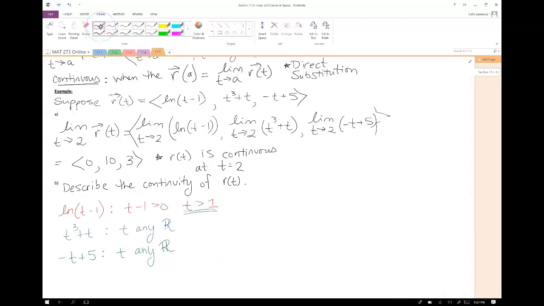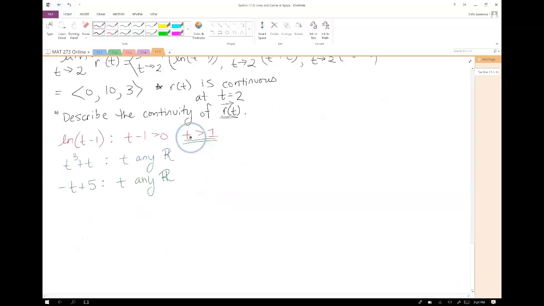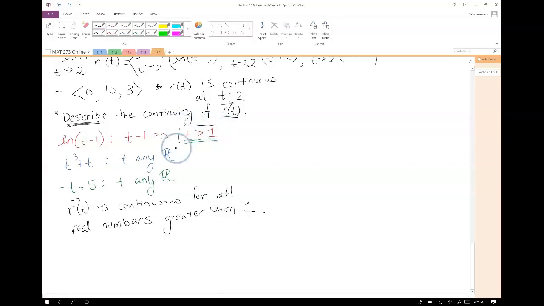And if we want to make sure that our vector valued function r of t is always continuous and we're always able to calculate that limit with direct substitution, then we need to stick with t values greater than 1. Since this question specifically said describe, I'm just going to write out a sentence. It's not an equation or a number answer, it's a statement since we were asked to describe. So r of t is continuous for all real numbers greater than 1,